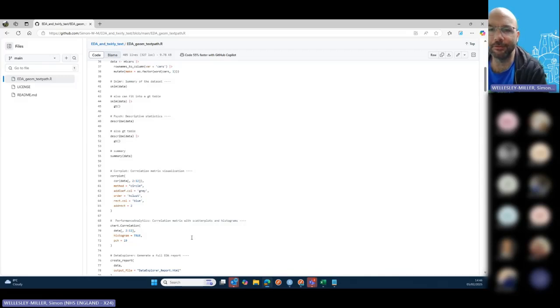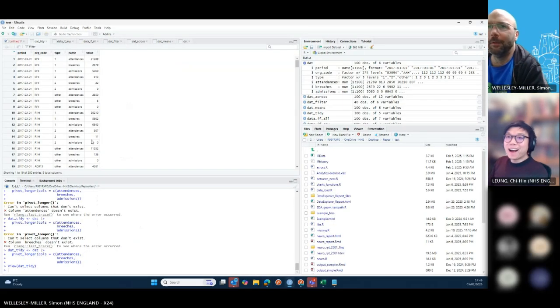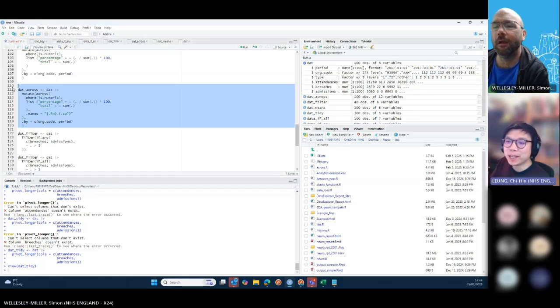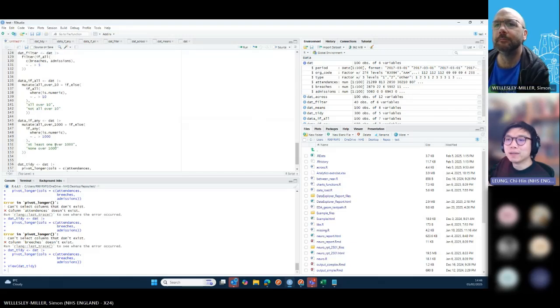So there's also c_across for row-wise calculations. Do you have a quick way of how to do that? If you've got a quick demo I can add into here, or do you want to talk me through one? I'm literally on the spot now. There's an alternative to the if_any example. Instead of doing if_any, we could do rowwise, open bracket, close bracket, and then just mutate. And rather than using across, we can use c_across. That's how we use a wildcard, like what you mentioned earlier, starts_with or ends_with, to select the number of columns, or to do a column-wise calculation but for a specific row. And obviously we need to do an ungroup after that, otherwise it could potentially be,